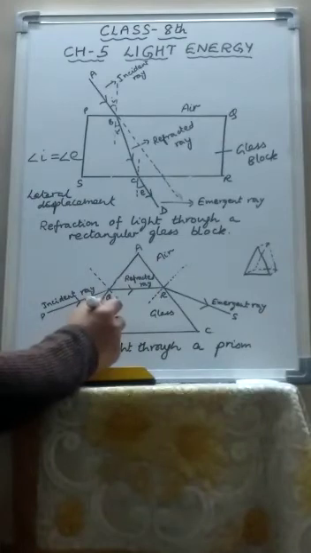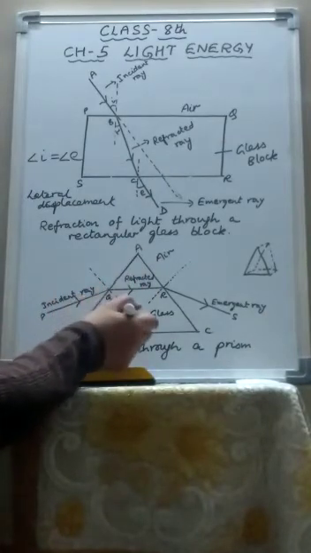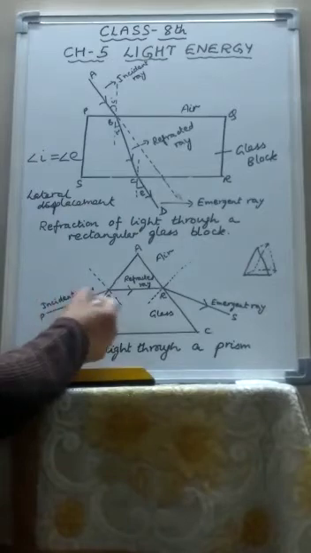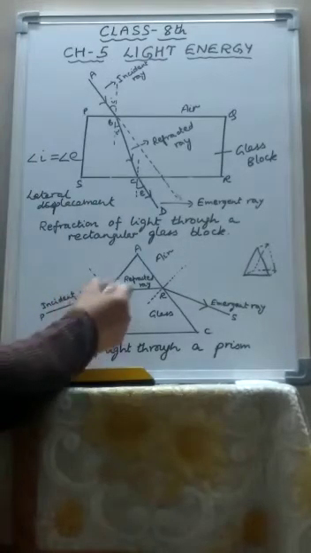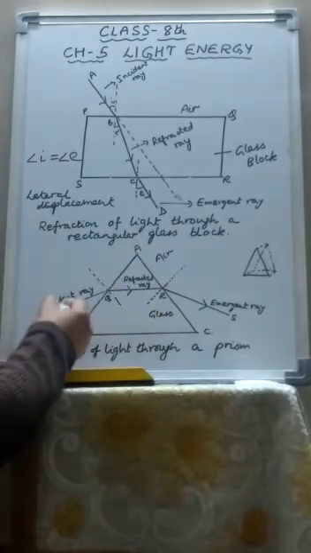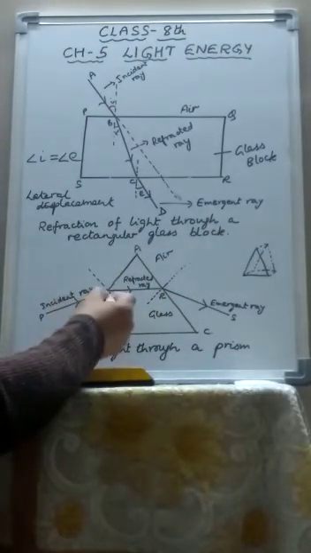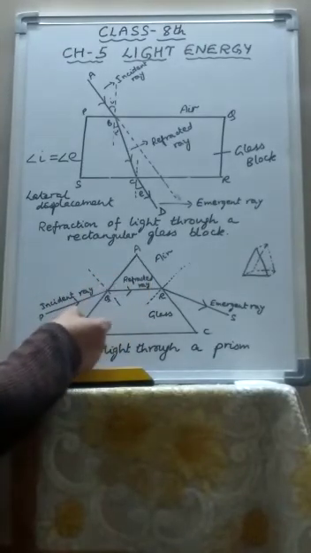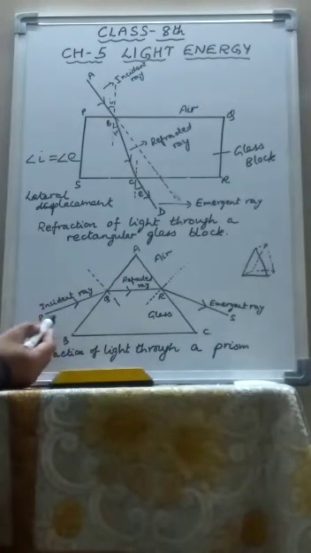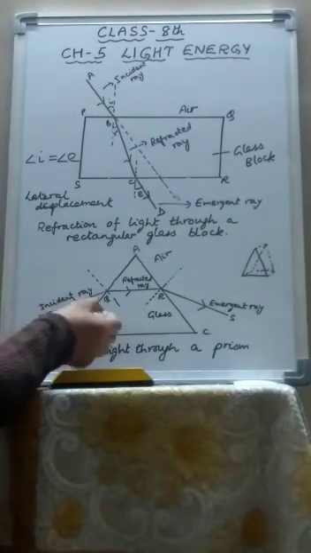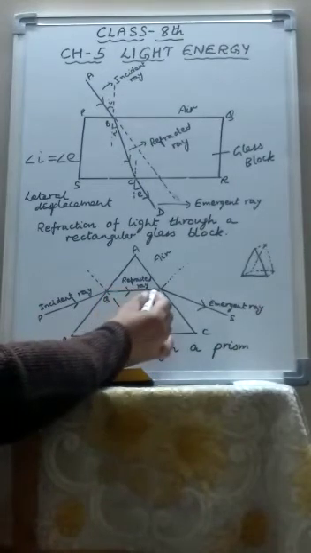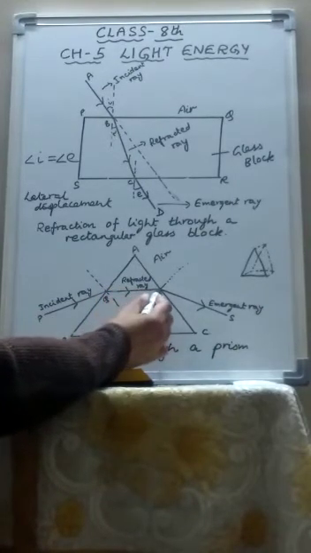So we are only concerned with the front section of the prism, and we will do the refraction of light when the ray of light passes through the two surfaces of the prism. Suppose this PQ is the incident ray and it is falling at the first surface AB of the prism. We draw normal at this point. Since the light is going from air to glass, rarer to denser medium, it will bend towards the normal and it will move like this. This is the refracted ray.